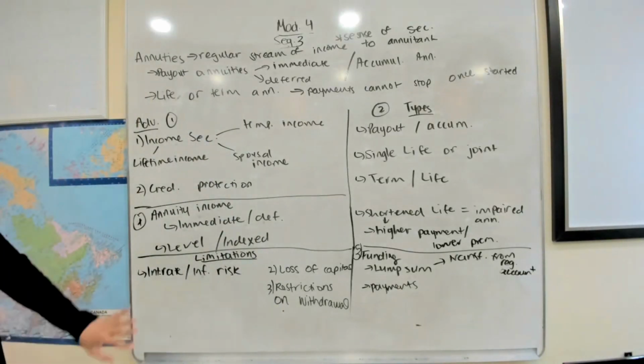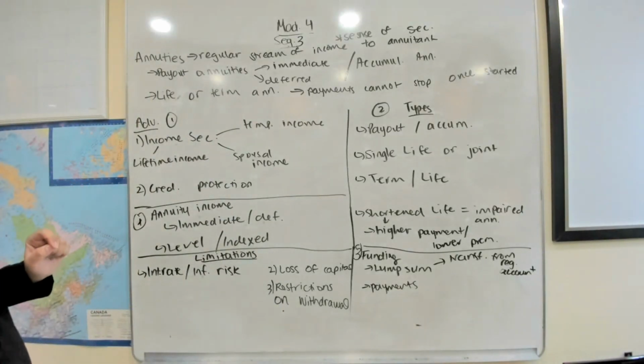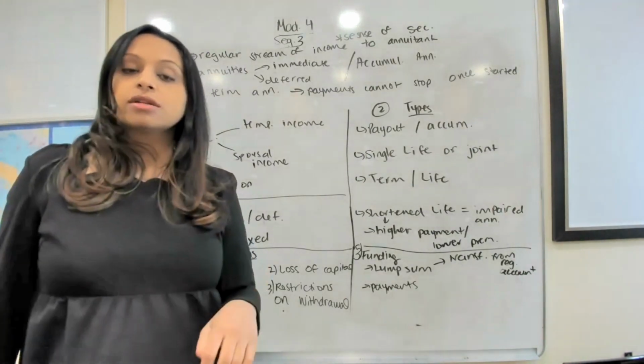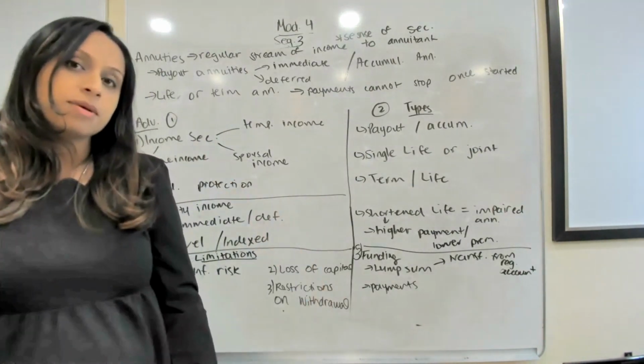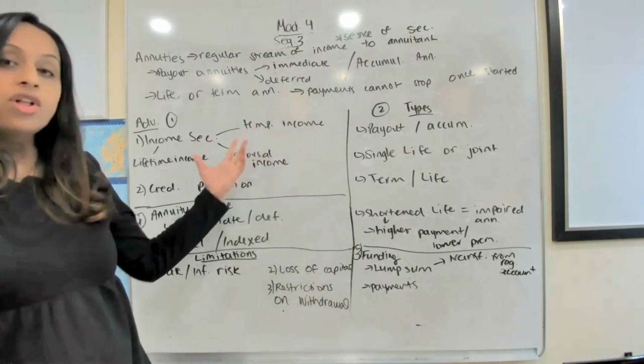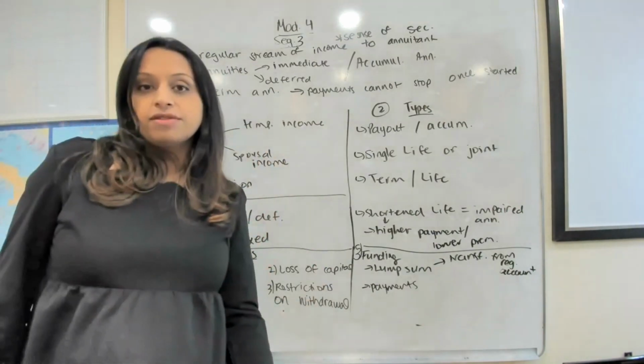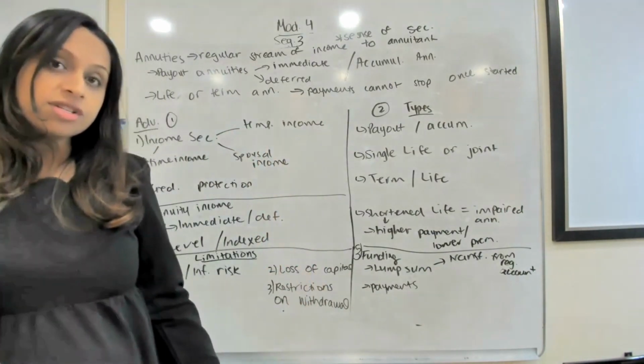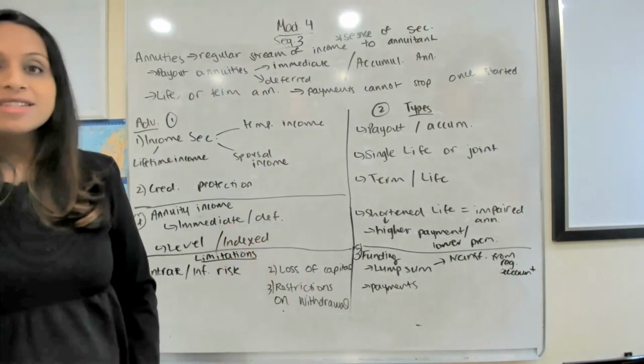All right, so that's how annuities work. You can definitely refer back to chapter 3 if you need to brush up on it or look into it a little bit more. But I think we've covered a lot in terms of what they are, types of annuities, advantages and disadvantages. So join back in our next segment.